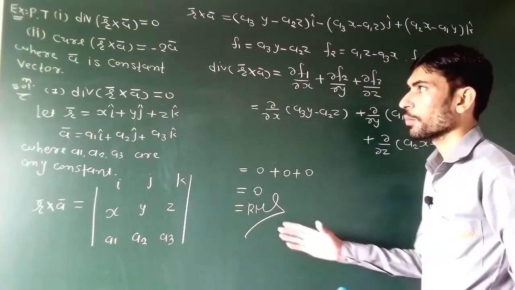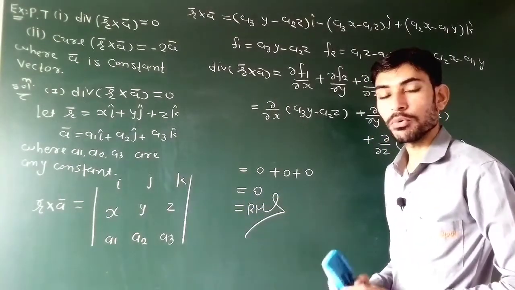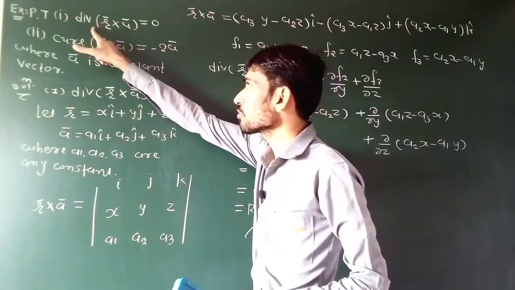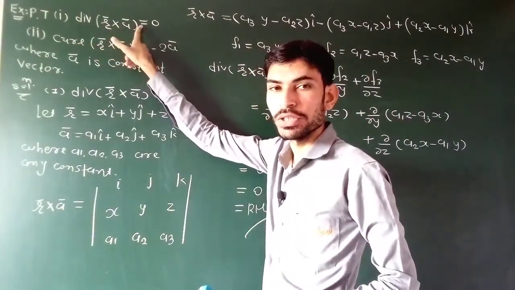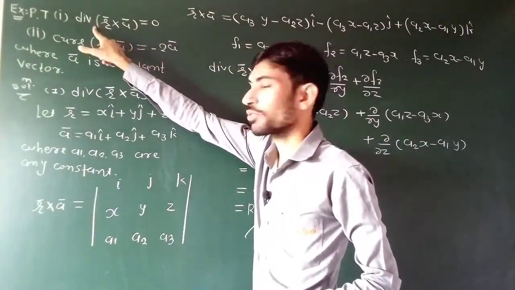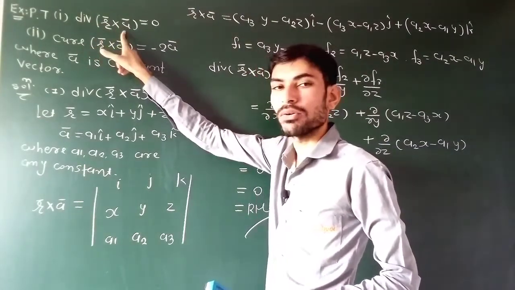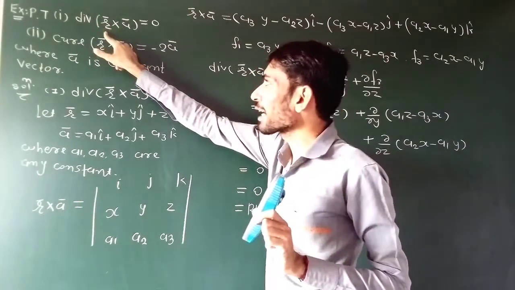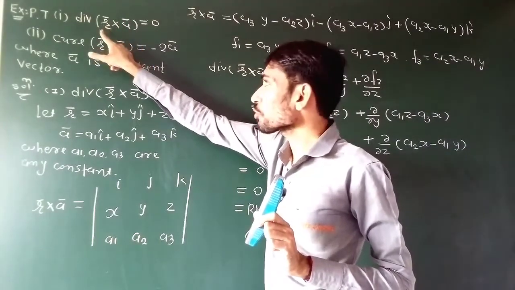So this is the proof of our first result. Friends, we have to prove that divergence of r bar cross a bar is equal to 0. So first of all, we obtain r bar cross a bar, that means the cross product of vector r